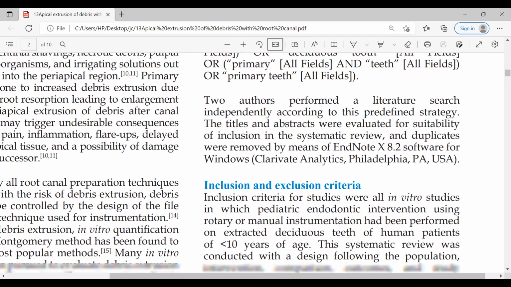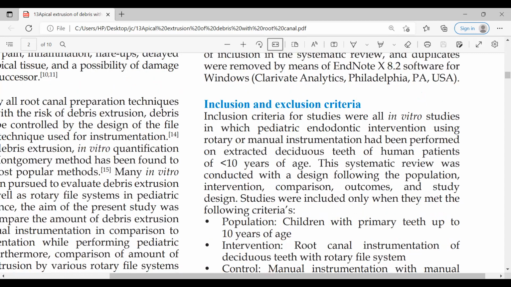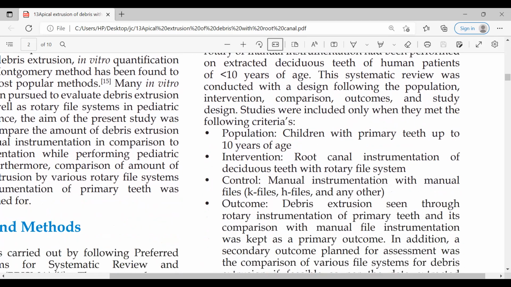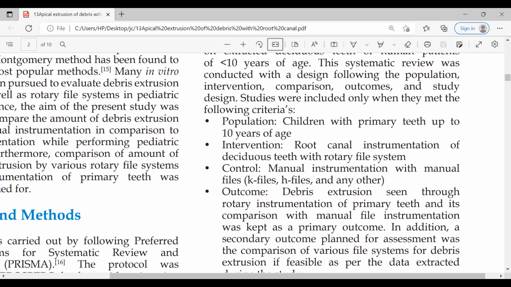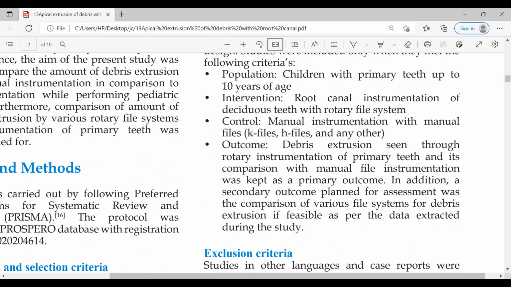Inclusion and exclusion criteria. Inclusion criteria for studies were all in vitro studies in which pediatric endodontic intervention using rotary or manual instrumentation had been performed on extracted deciduous teeth of human patients of less than 10 years of age. The systematic review was conducted with a design following the population, intervention, comparison, outcome and study design. Studies were included only when they met the following criteria: population, children with primary teeth up to 10 years of age; intervention, root canal instrumentation of deciduous teeth with rotary file system; control, manual instrumentation with manual files;